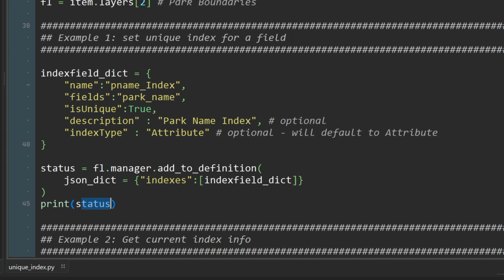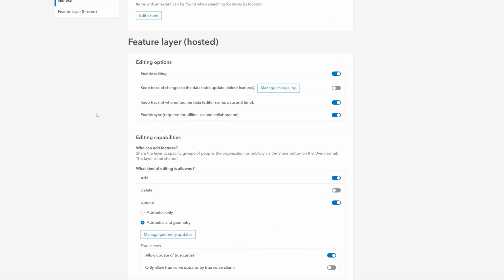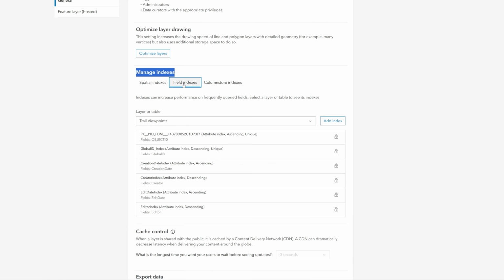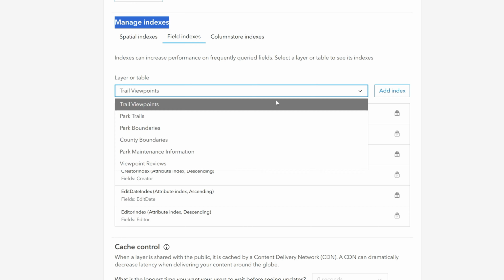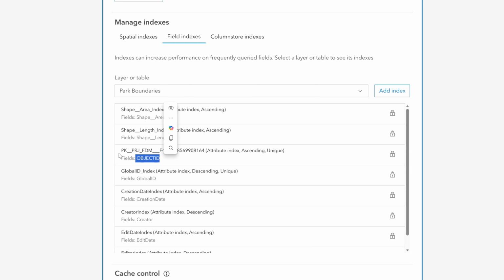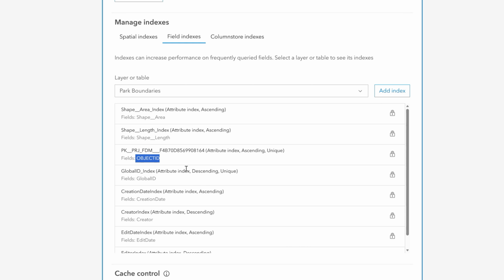Before running, I'll pop on over to ArcGIS Online. I'm going to go to the settings tab for the feature service and scroll down, and we see we have manage indexes. If I click into field indexes, and if I click for our park boundaries, we can see the current indexes. We have some shape indexes. We have our object ID primary key index that we set when creating the feature service and this layer, and a few more there for our global ID and our editor tracking, but no sign of our pname_index that we're going to add when we run the script. So I'll head back to our Python script and do that,